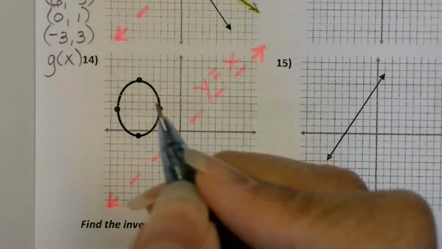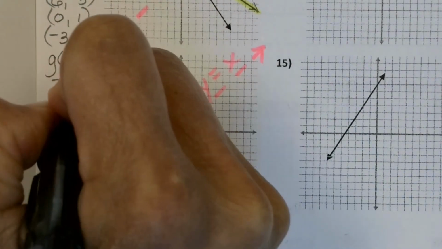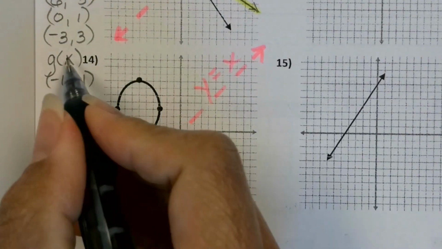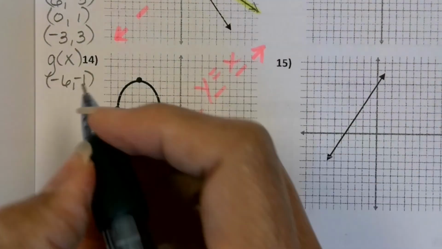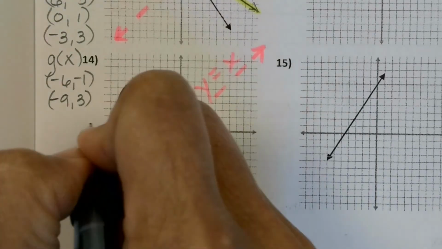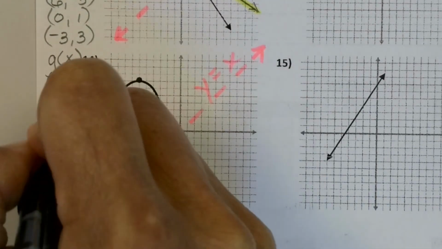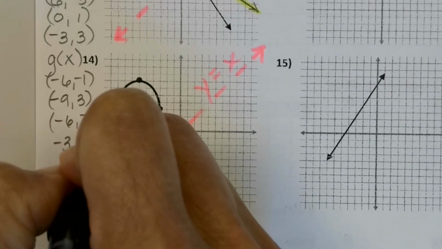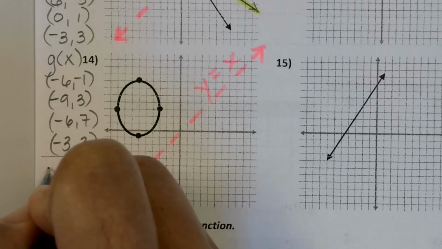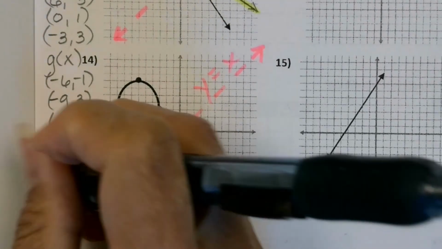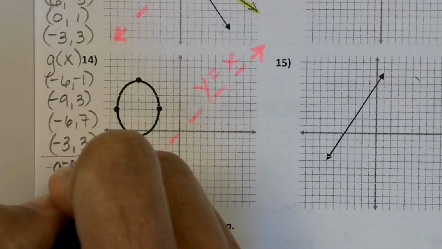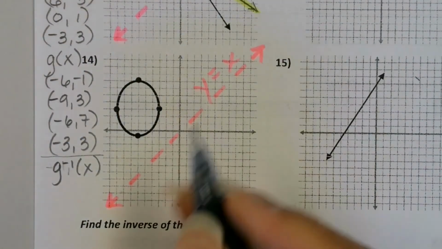All right, so you're back. So the points you should have come up with were -6, -1 of the original function. Okay, we're looking at g of x. We're calling that the g of x function. -9, 3, -6, 7, and -3, 3. When you switched those around, oops, I guess I need to title this as g inverse of x. You ended up with the points